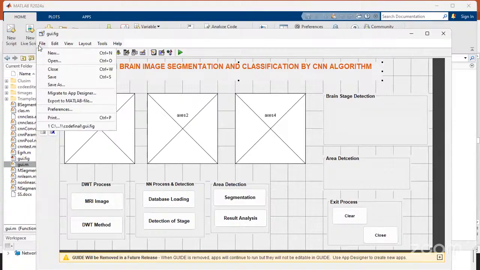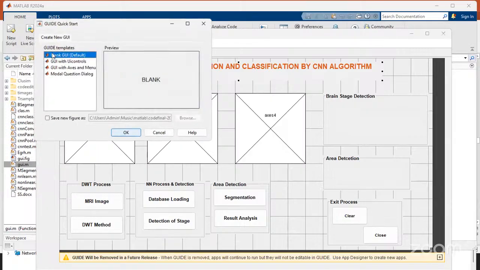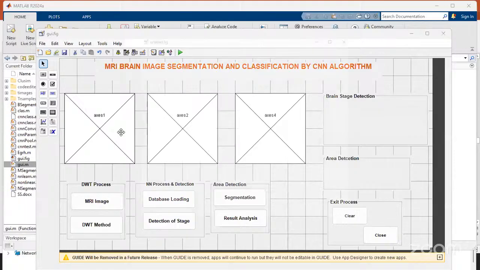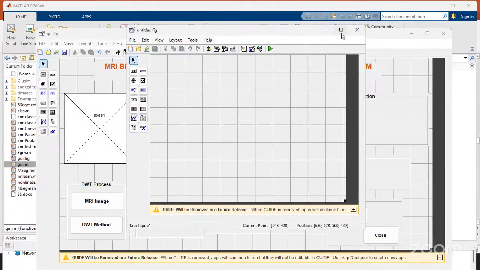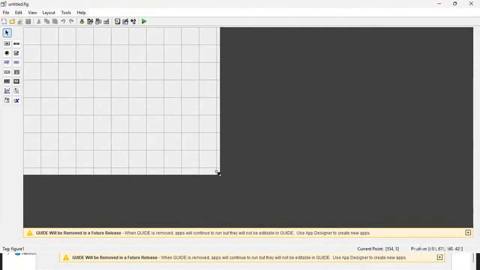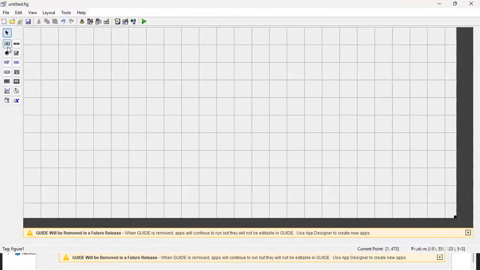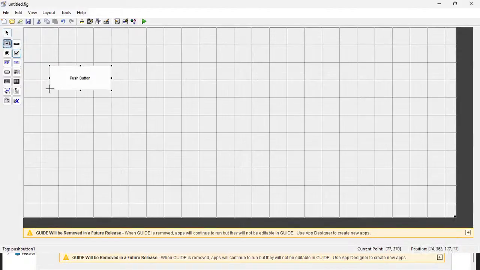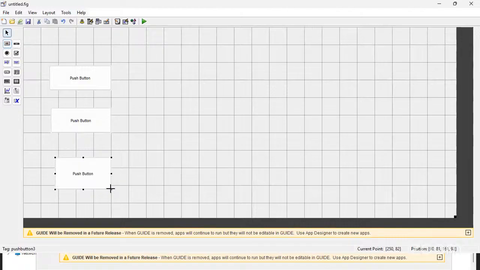If you want to create a new one, I click the new option. This is blank. Here I need to create new things. First I need to add the button. Select and add the button, one by one. I added 3 buttons.